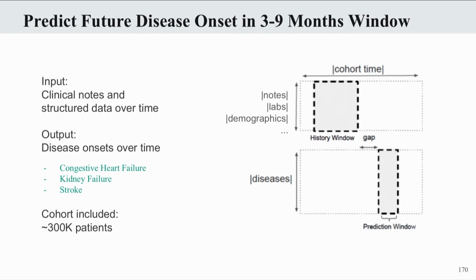Because we have time, we look at a range of data. For example, here, let's say the history window, we can look at any source of data that we have within that window, and we get our labels from the future in that time series. Once we train that model to look at the data and predict the future, then we can apply it today, and that's going to tell us what's going to happen in 2019. So that's the framework, and the data is noisy, but at very large scale, this is going to create some